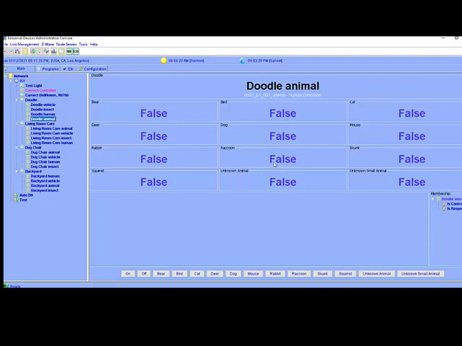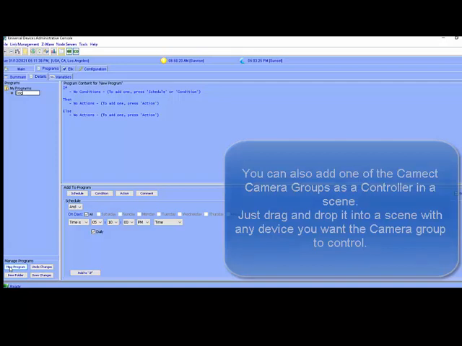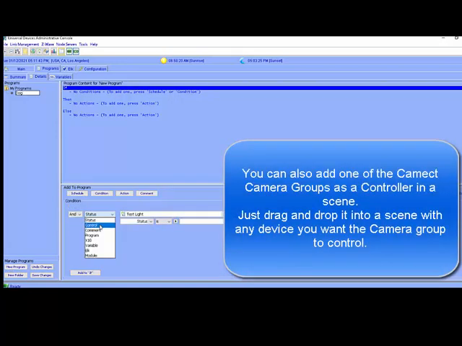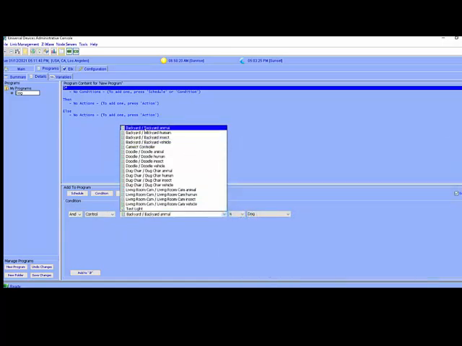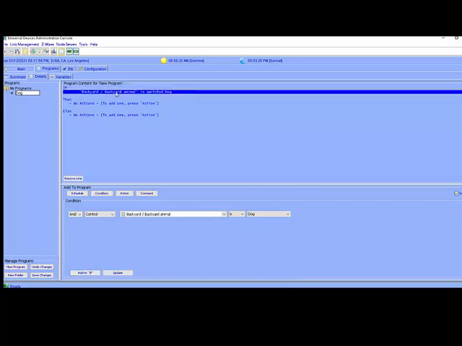Under animals, then I can choose these different categories here. And if I specifically wanted to look for a dog, that's one of the channels that I have. So let's go see what it takes to write a program. I'm going to create a new program, and I'm going to just call it dog. So I'm going to say if control, and I can go to my different cameras, and I want to go in the animal channel, is dog, then